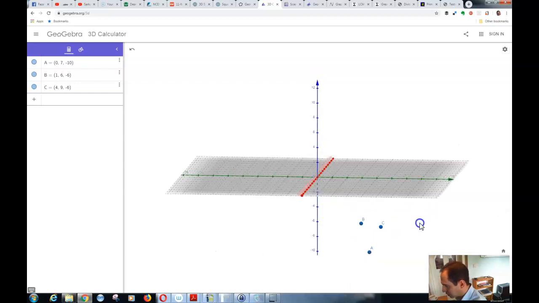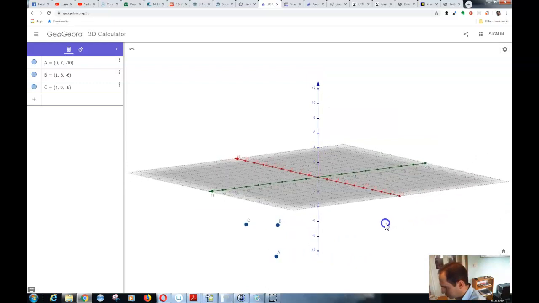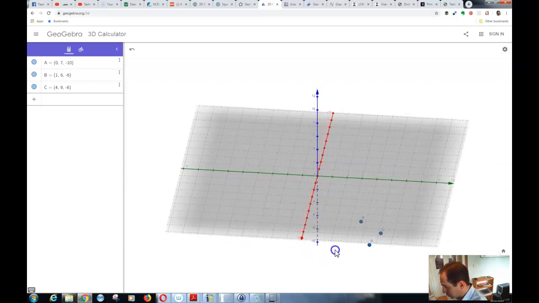But if I go down here, you see from this perspective, for example, AB is actually equal to BC. Even if you eyeball it, you'll see that AB is equal to BC. But